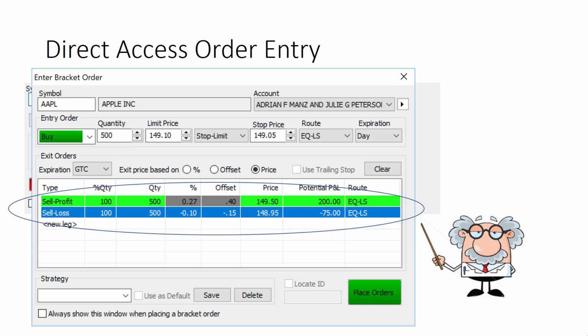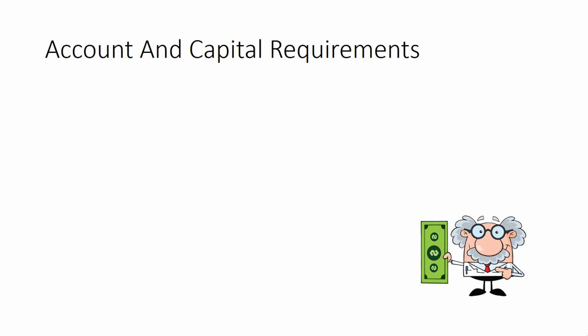And we can even do fancy things like use offsets to declare this as a strategy, and then use that strategy to enter Apple at other prices over the course of the day. So besides strong psychology and a good strategy, what's it take to get into trading? Well, obviously it takes some capital.